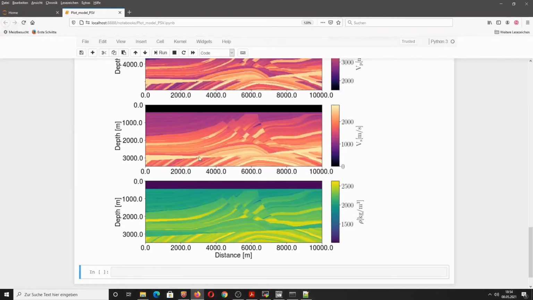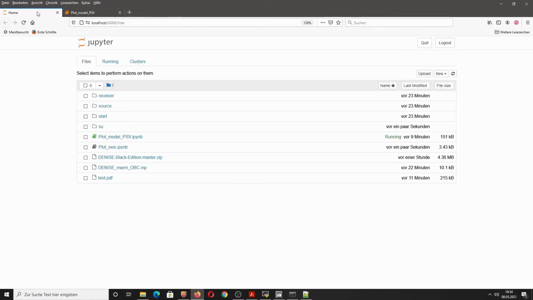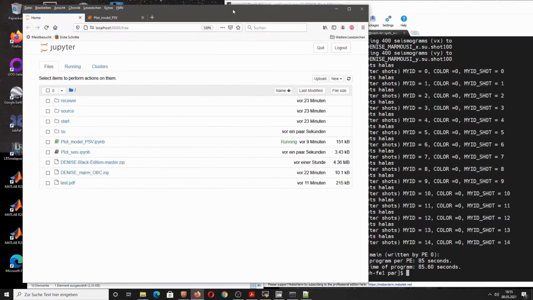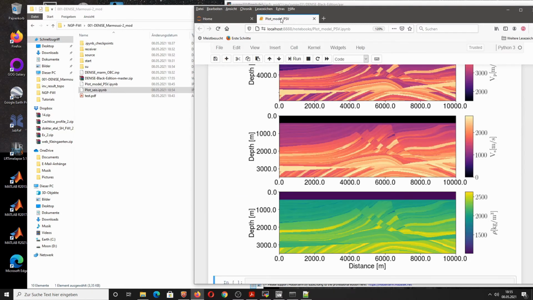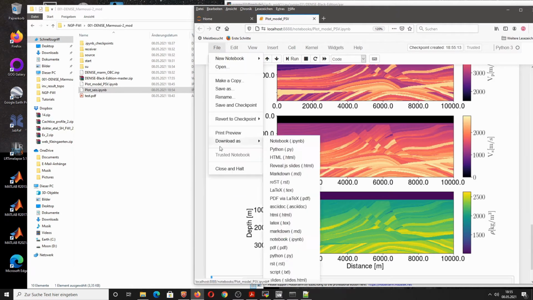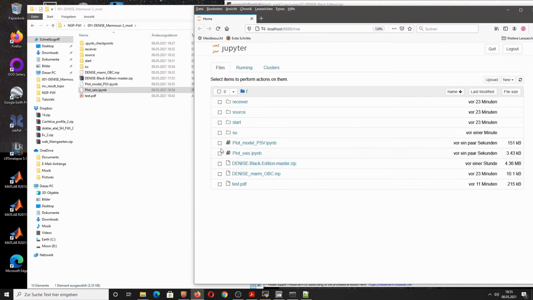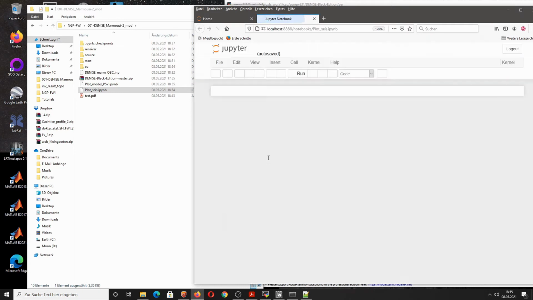And if we go here back into our Jupyter notebook, we see now we have here the folder SU, and we also have now here this notebook plot SU. Perhaps I close this notebook here first, and then I open plot SU.